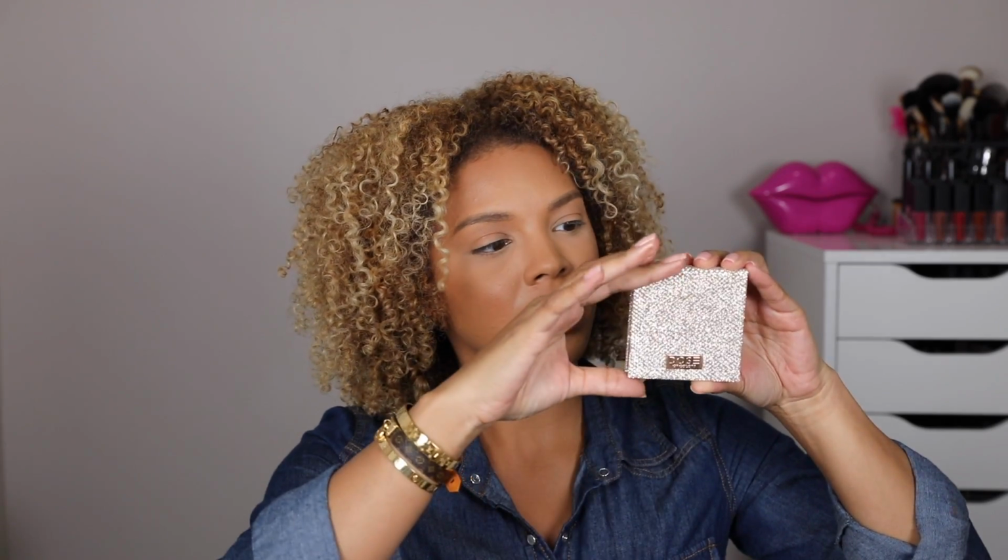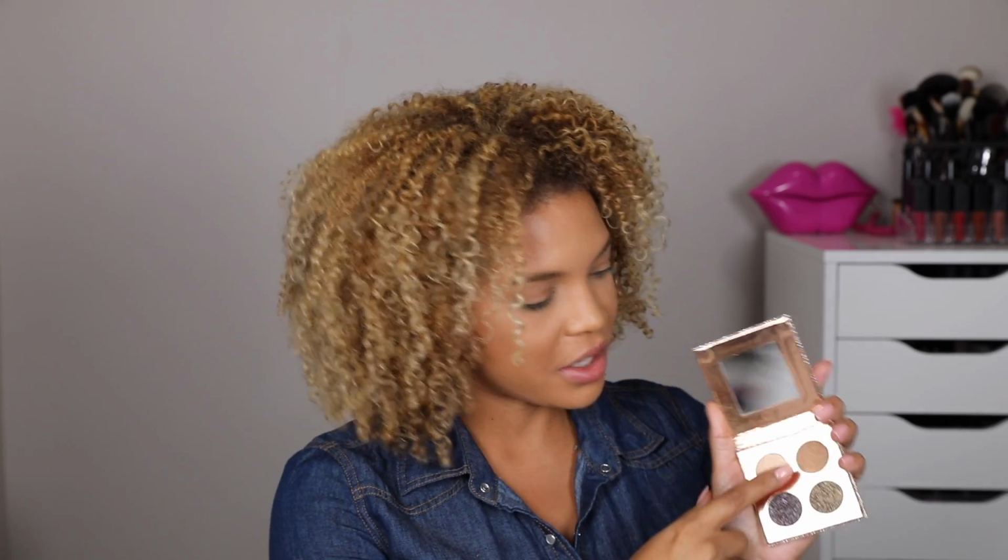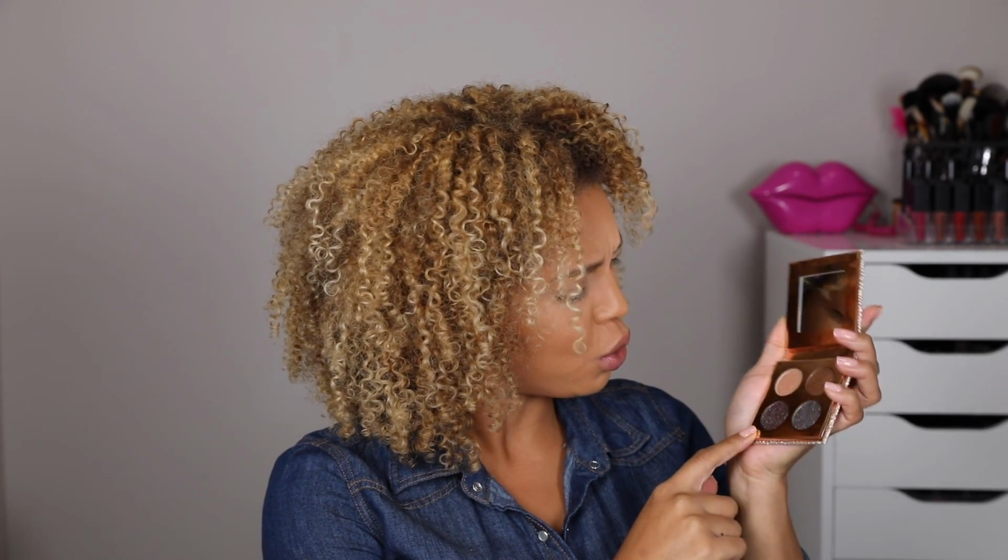Next we have the Eyeshadow Pan, which comes in the exact same case. It's just a little bit bigger. And these are the 4 shades that it comes with. It comes with a champagne shade. This is more of a bronzy shade. And this is like a plum toned. And this one is this really pretty like green shade in here. So Suze and Noli look a little bit more like eyeshadows, and these 2 look like pressed pigment. So Harpoon and Turbosan,